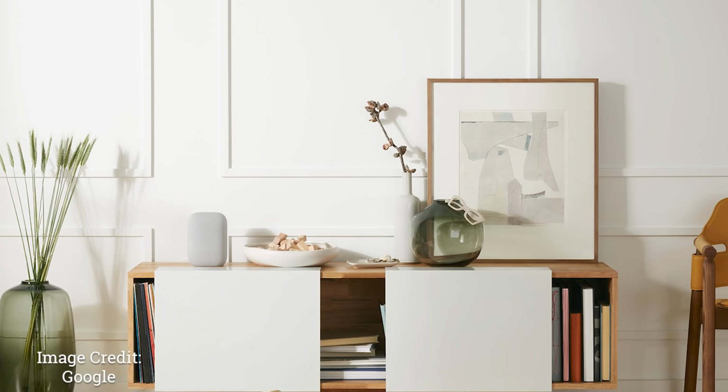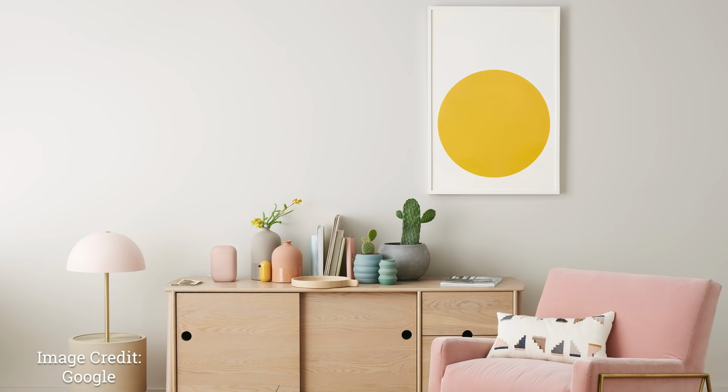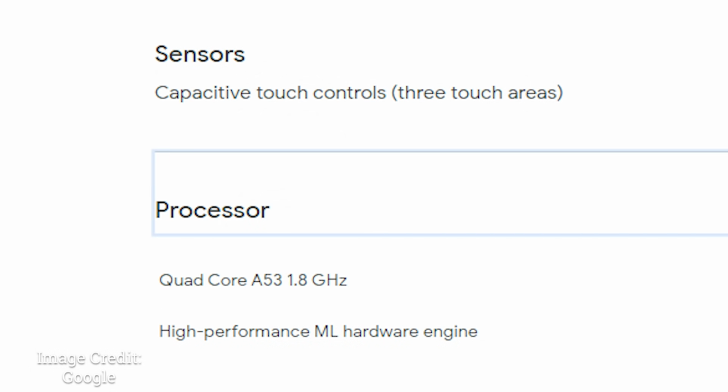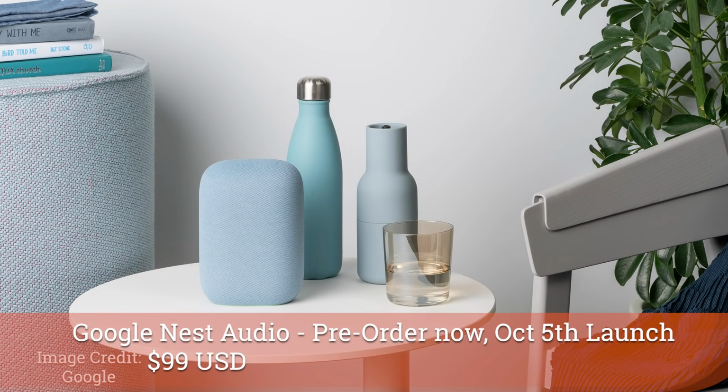Audio speaker. I can firsthand tell you that the audio quality has seriously been improved, but that's all I can say. And I can tell you that there are 5 colors, 3 far field microphones, and the design is quite a bit different than what we've seen in the past from Google. There are new touch controls on the front and top of the device, plus you have quite the processor on here that makes me wonder about future applications, and all of this is coming for $99 and you can pre-order